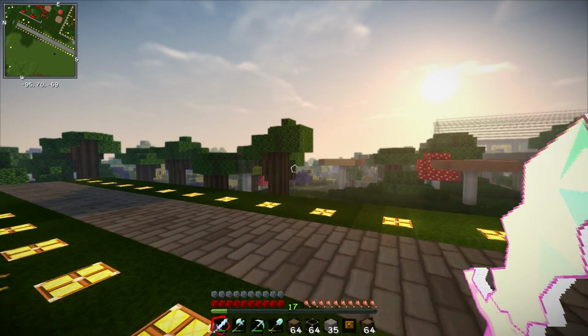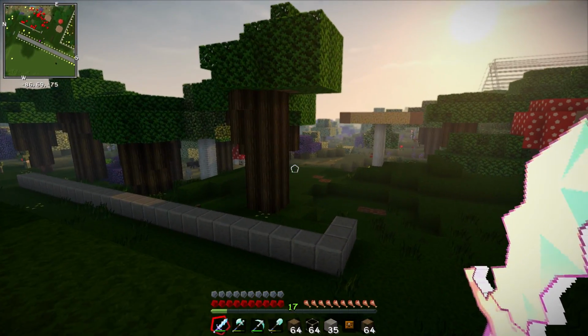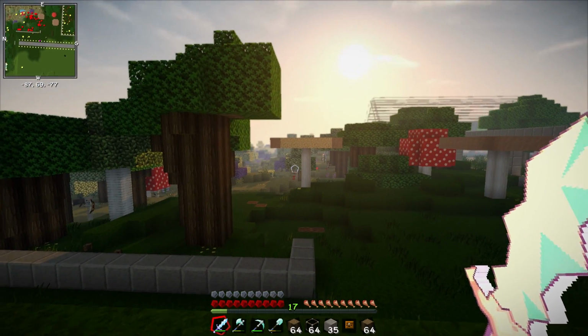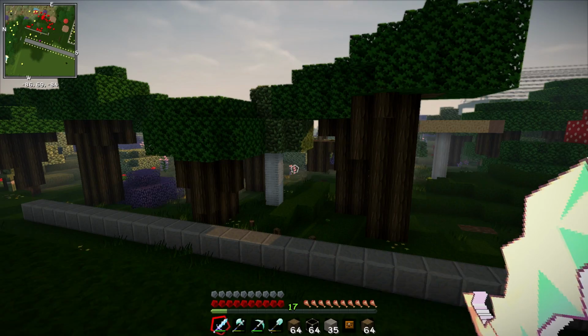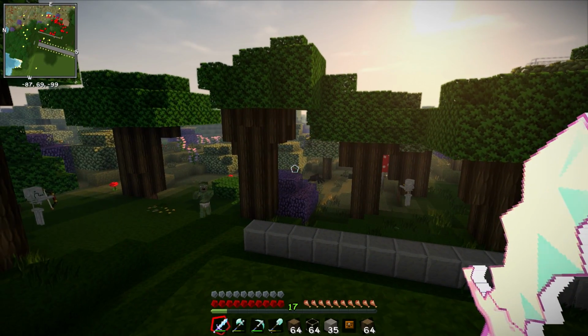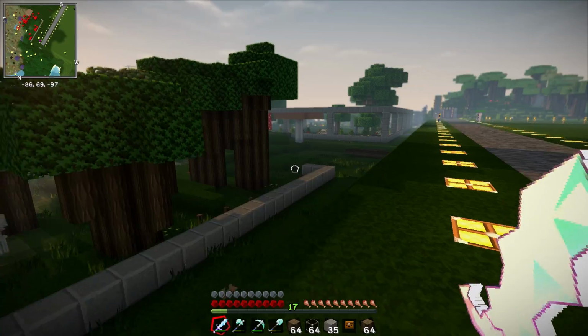Let's go have a look over here. What do you think? Yeah, I think that's going to look good. This is going to go down here. We're going to have to cut down that mushroom and a couple of those trees as well. But I think keeping some of this foliage might be nice. So, if I'm going to...